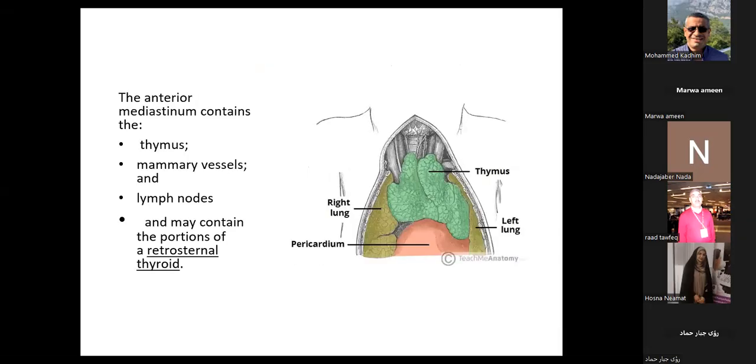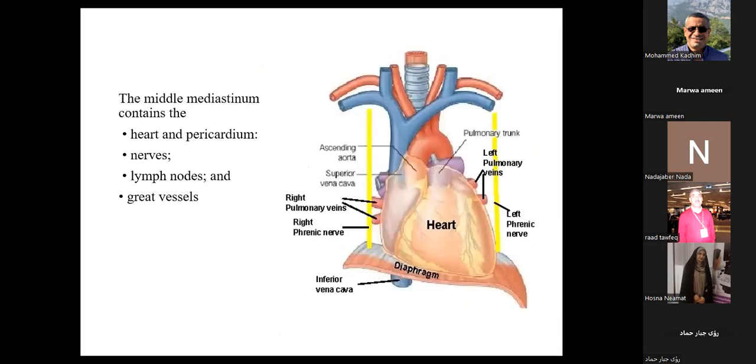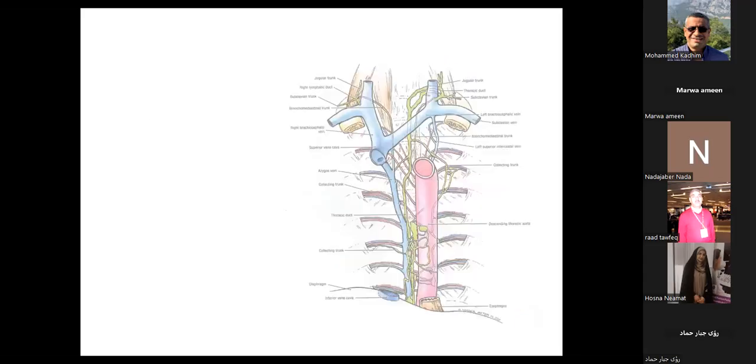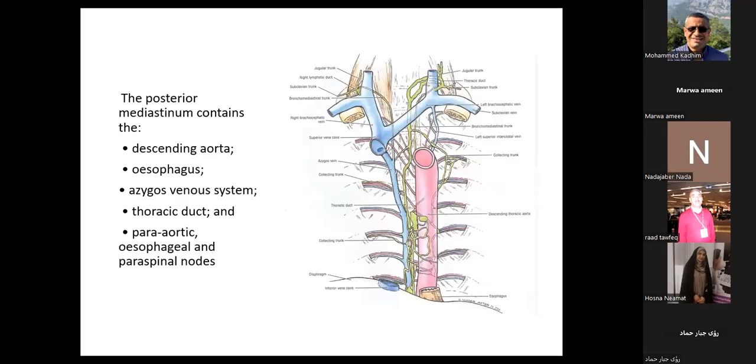The anterior mediastinum contains the thymus, mammary vessels, lymph nodes, and sometimes, if there is a retrosternal thyroid, may contain some part of this gland. The middle mediastinum contains the heart, pericardium, nerve, lymph node, and the great vessels. The posterior mediastinum contains the descending aorta, esophagus, azygos venous system, thoracic duct, para-aortic, esophageal, and